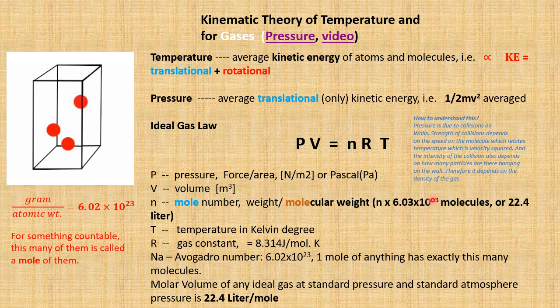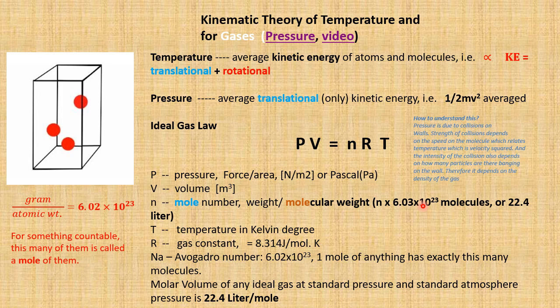So 1 mole of anything has the same number. That number is called Avogadro's number. 1 mole of anything has this number, but they have different weights. It's easy to remember. The weight is just its molecular weight turned into grams. For example, the molecular weight of a hydrogen atom is 1, and therefore 1 mole weighs 1 gram. The molecular weight of a hydrogen molecule is 2, therefore its